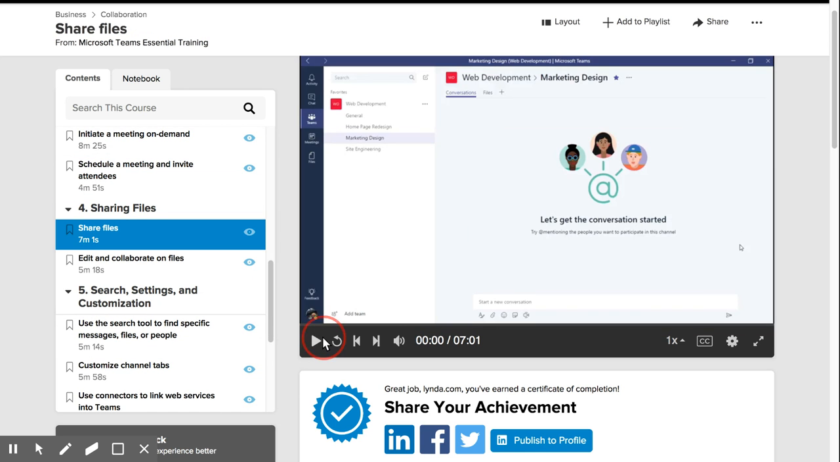Sharing files with your teammates in Microsoft Teams is pretty